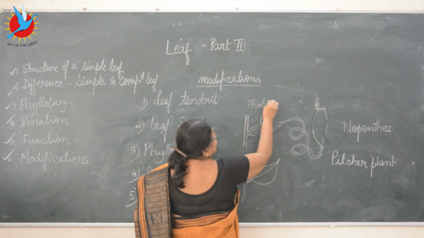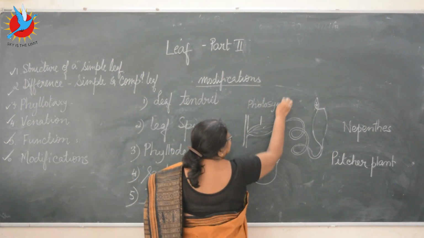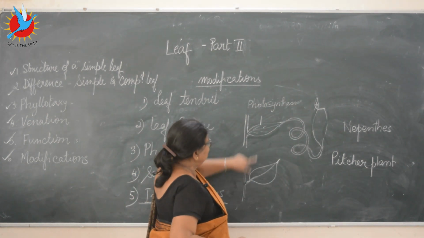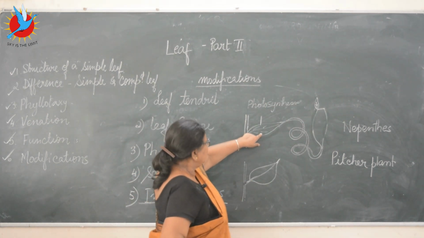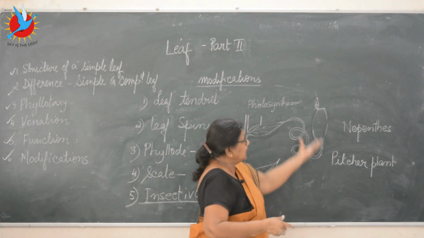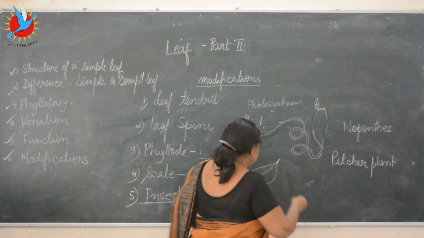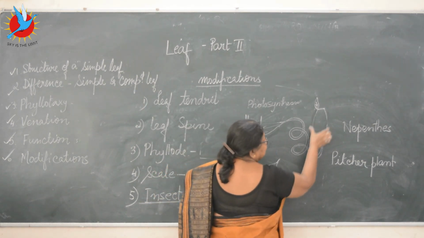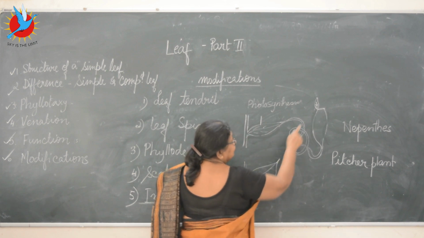See how interesting? So the leaf base has modified into the lamina-like structure, and this part does the function of photosynthesis. Normal function, that is preparing food. That has to be done. That is done by the leaf base modified into this part. Now the petiole made into a coil so that it can uphold the pitcher like that. Then the actual lamina of the leaf makes the pitcher, and the apex here makes the cover.